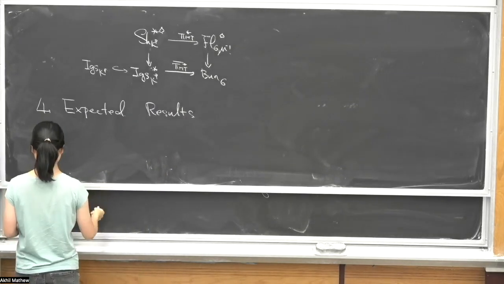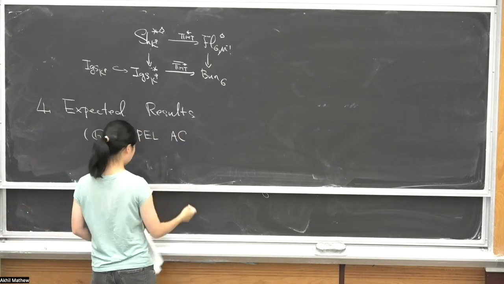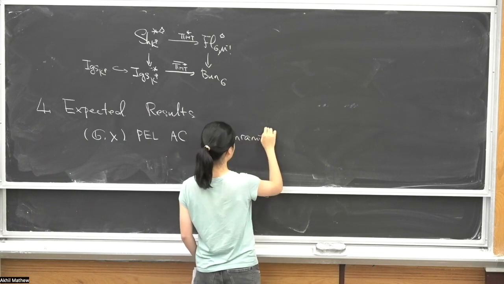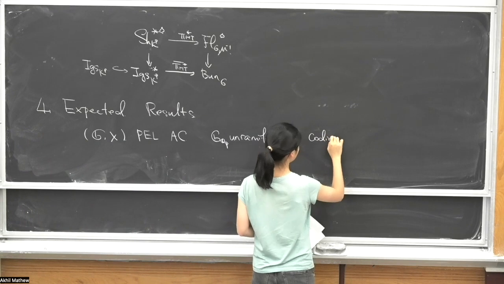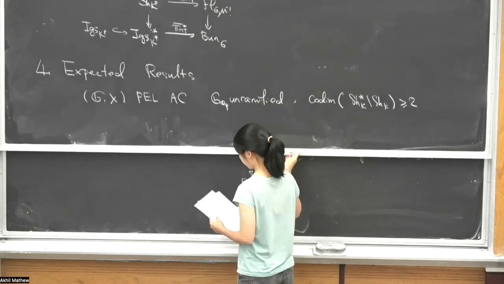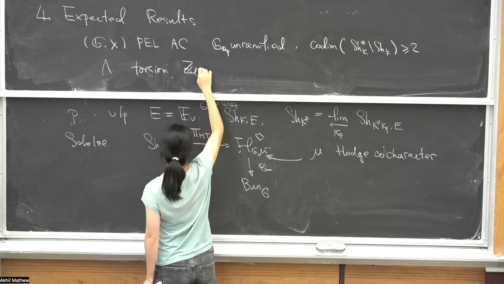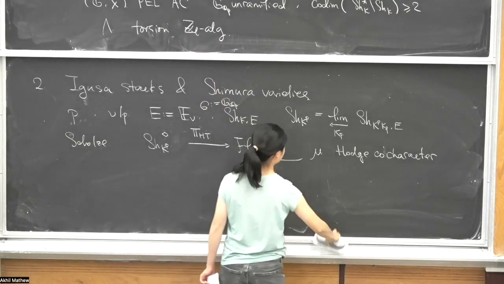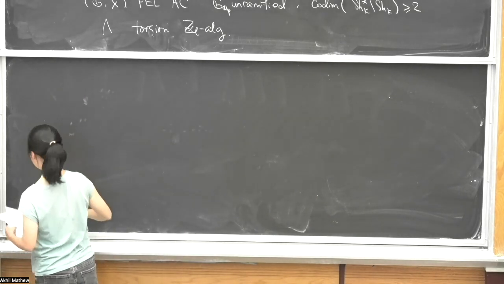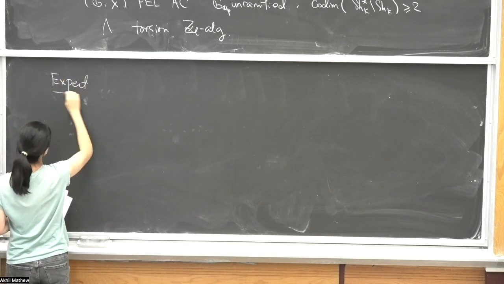We would have to put ourselves in the same situation as before, with the minimal compactification of the Igusa stack, and then we expect that there exists